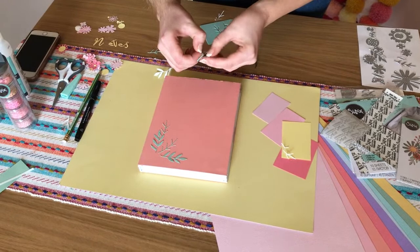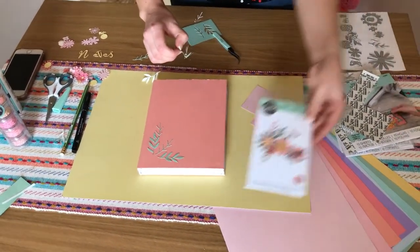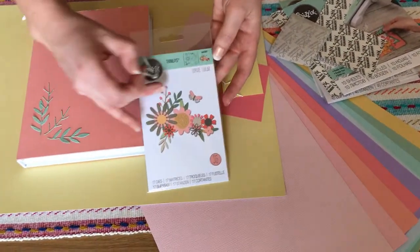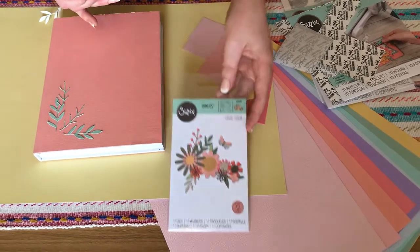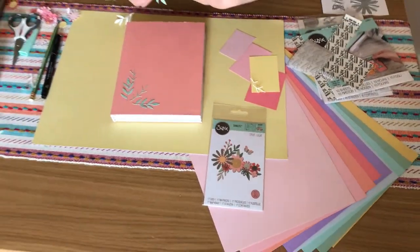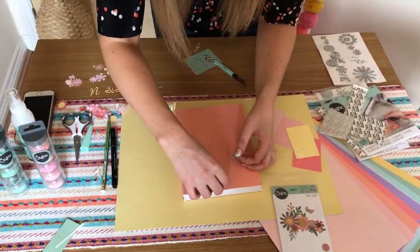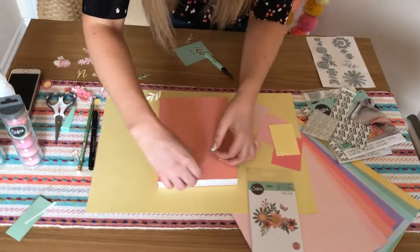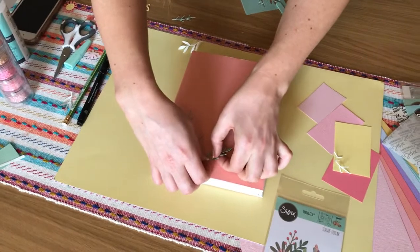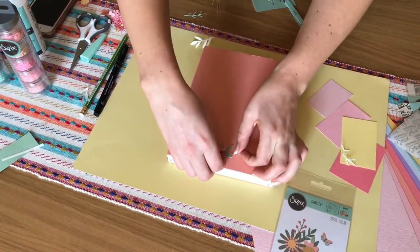And that's what I love about this die as well, because you have all those lovely florals in the Bold Flora set, which is the set that I'm using that comes in that spring craft box. But because you get these stems and leaves, you could really make something purely with those, and it just makes it a bit more than an ordinary floral set. So I'm just going to lift that up, place that, move it around,